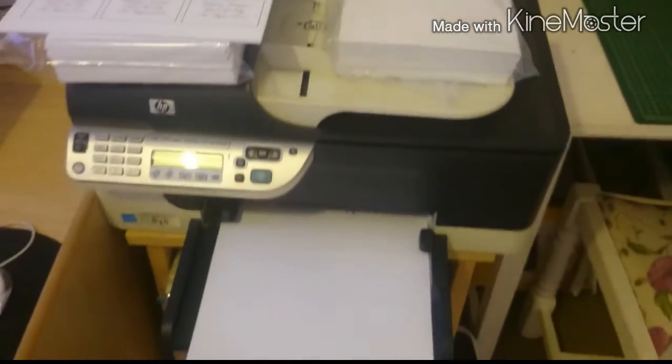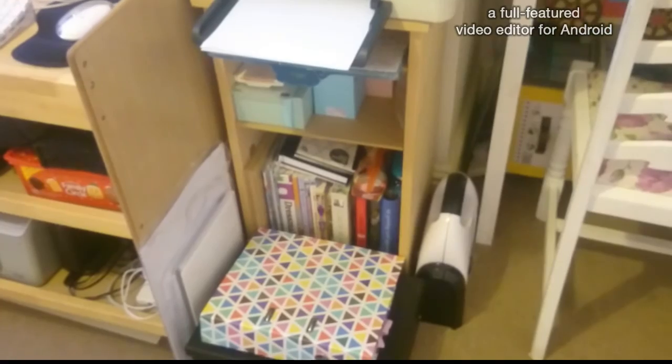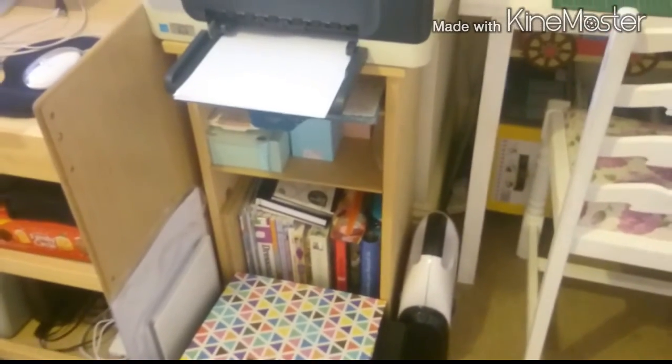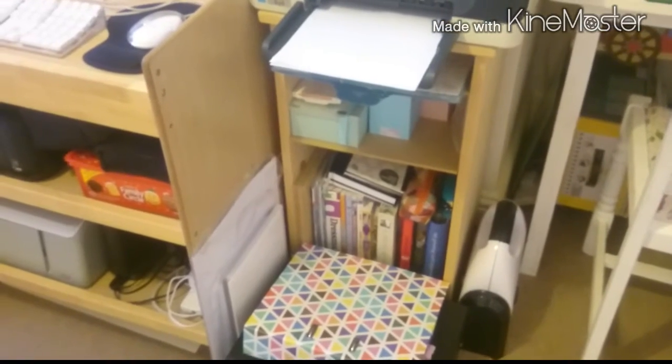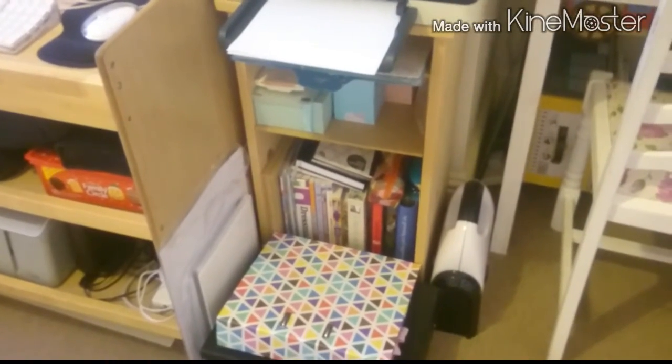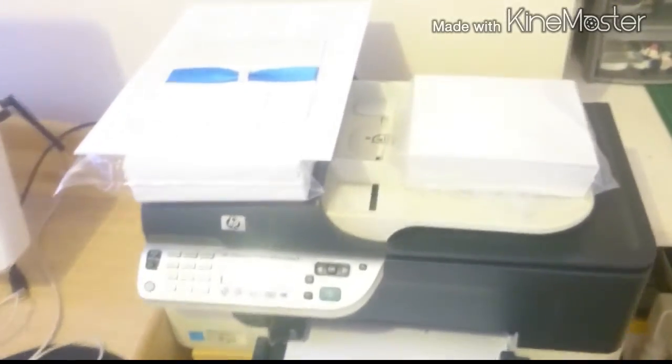So on this shelf unit here, my husband made this. I was after a 12 by 12 shelf unit so I could originally store my 12 by 12 paper on there, which it did at first, but then I changed it and put other stuff in there. So on it is my HP